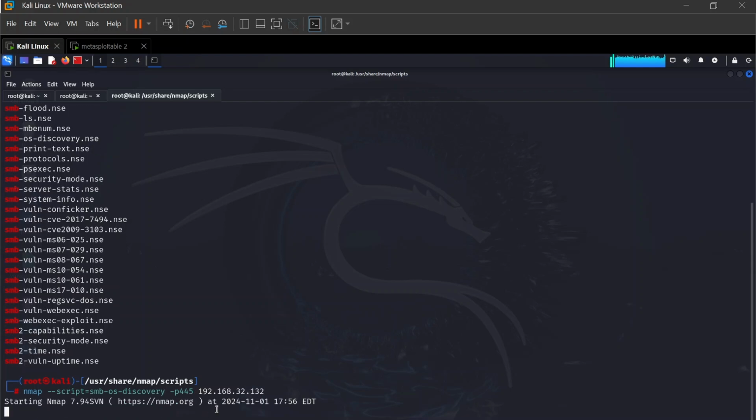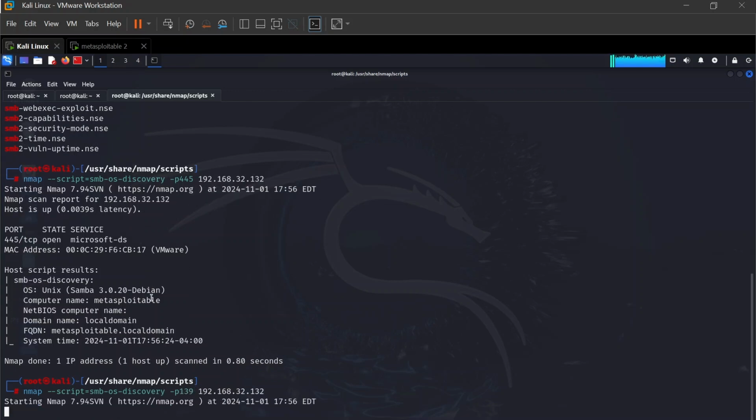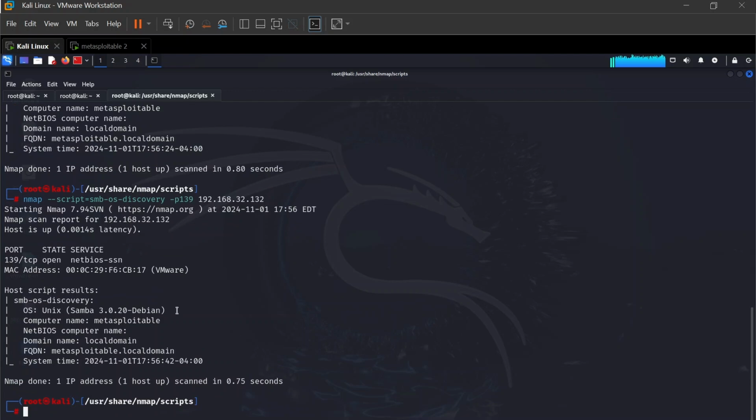So if we hit enter, you see it gives us a result here with SMB Samba. The OS is Unix, Samba, and the version number there. We can also try this with port 139 and see what it gives us. 139, and let's see, similar. Similar to 445, we also got that open as well with the information. So these are a couple of ways to